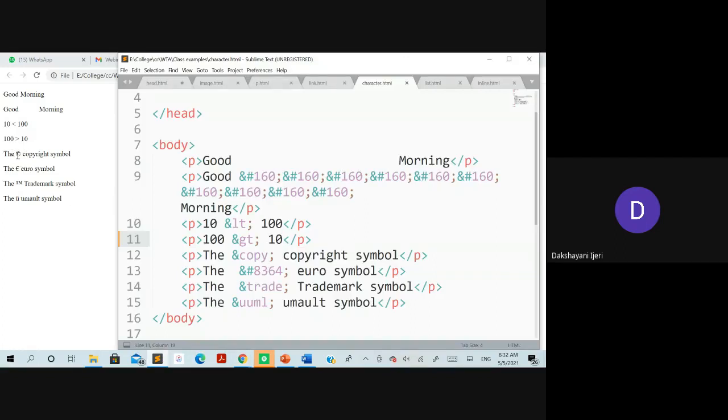If you want to use the copyright symbol, you are supposed to use this character entity. So similarly for the euro symbol, trademark symbol, and the umlaut symbol.